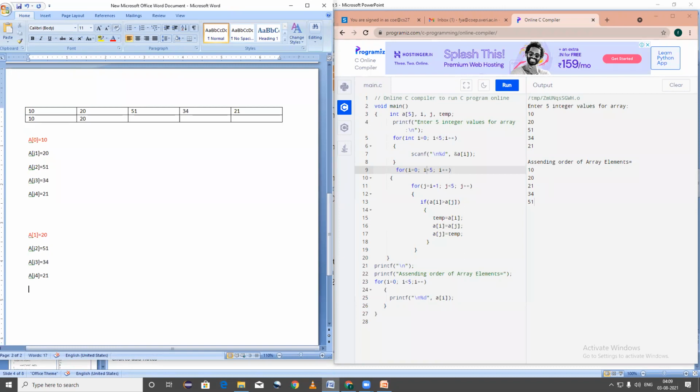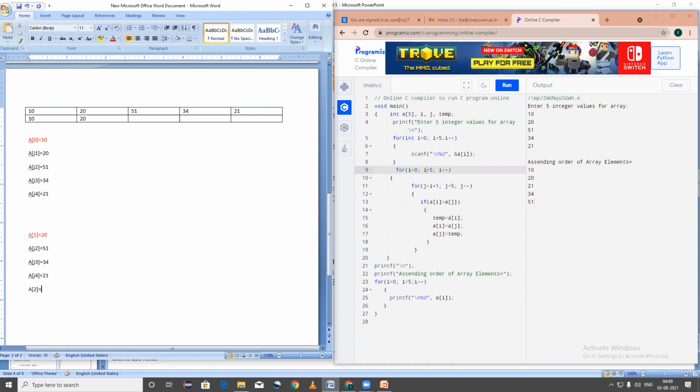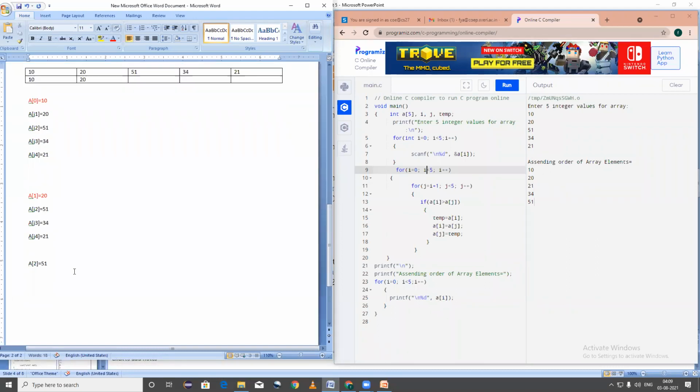Now it will go and it will increment, the value of I is 2. Now what is the value of A of 2 here? A of 2 ची value काय आहे सांगा? 51. Correct. 0, 1, 2, 51. Now here I am having 51. Okay, now listen. आता इथे check करा, there is something happened here. As per our input, now A of 2 is 51.